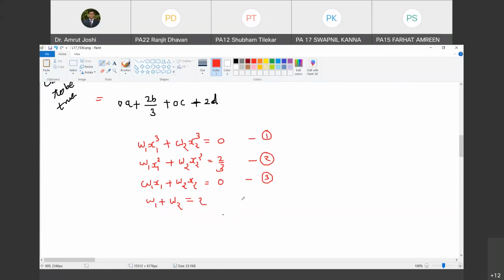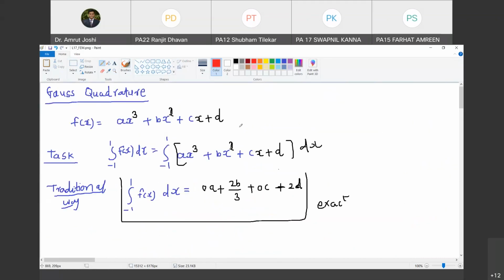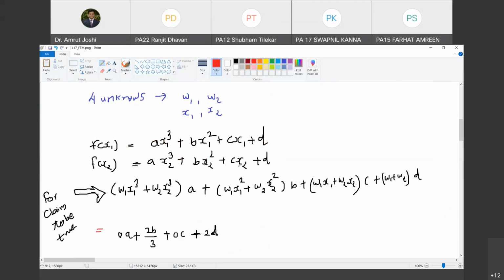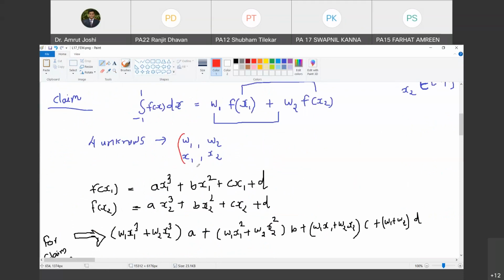So now you have noticed it, and it is good that we made the mistake earlier. Do you understand that if we had started with the second degree polynomial, we would have got only 3 equations? Do you agree? But how many unknowns are there? The unknowns are 4. So for 4 unknowns, we must have at least 4 equations. Do you agree with me? Yes, sir. So if we have fewer than 4 equations, it is an underdetermined system. If we have more than 4 equations, then it is an overdetermined system.